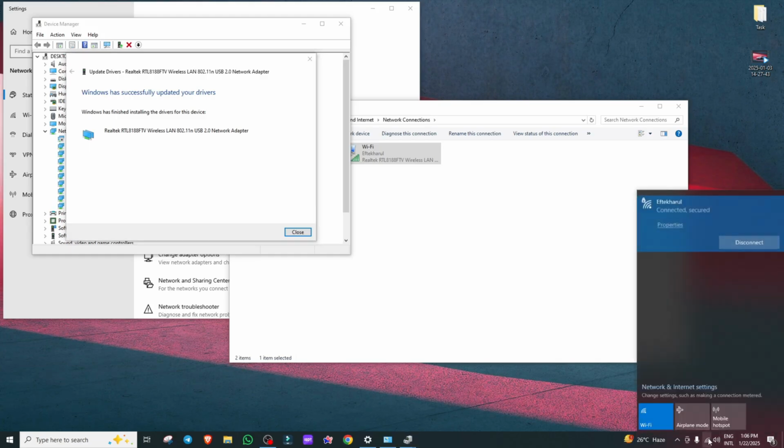By following this easy tutorial, you can easily fix the "can't connect to this network" error on Windows